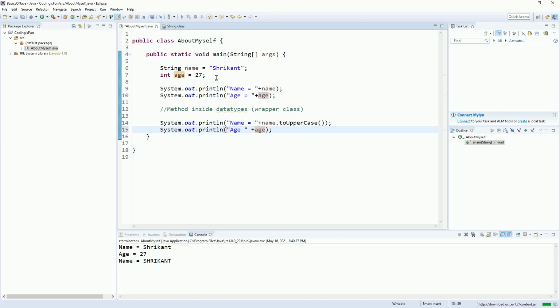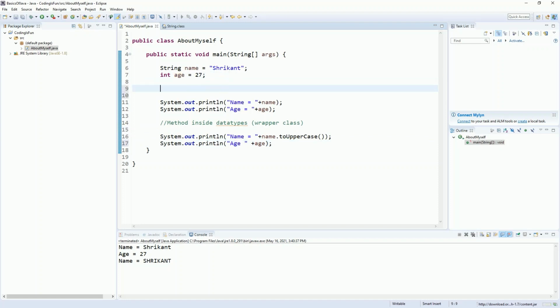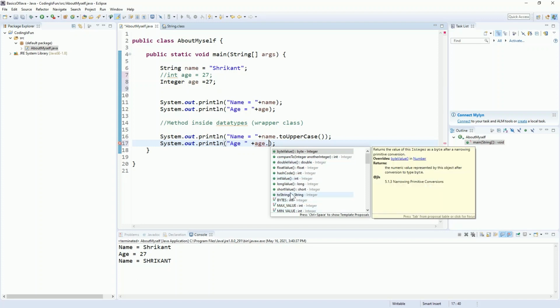So for this, if I comment this out and use it as a class, you can see that now I am using all the methods related to the Integer class. Suppose I now use age dot operator, you can see that there are a lot of methods inside this age.